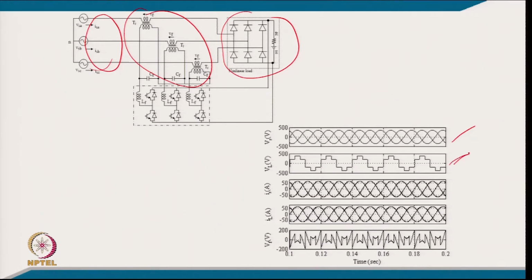This is similar to the waveform we get by 3-phase inverter switching with 180 degree waveform. So, a similar waveform is here for phase voltage, and this is typically the supply current which is in phase with the supply voltage. Thus the power factor at supply is unity, and this is certainly the current at PCC, since the circuit is a series circuit. So, both currents are the same, and this is the voltage which is injected by the series active filter in series with the line. And if we inject this voltage, which is a difference of this voltage and this voltage, then we are able to force all the 3 diodes, all the 3 phases to conduct